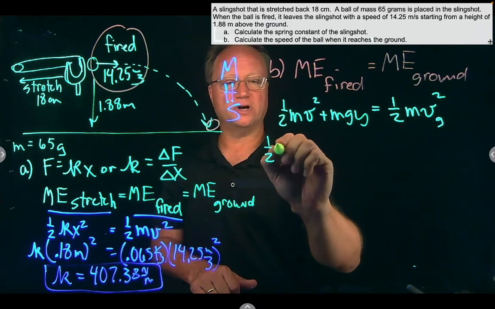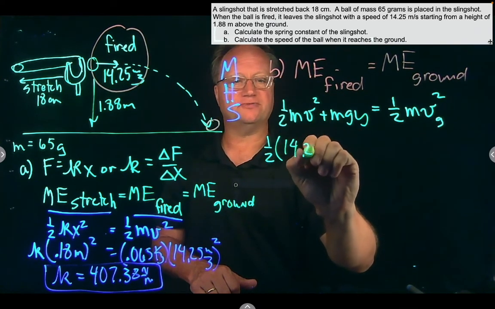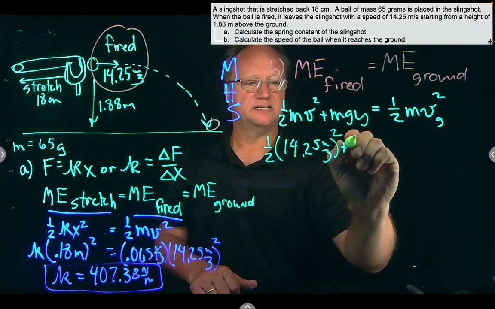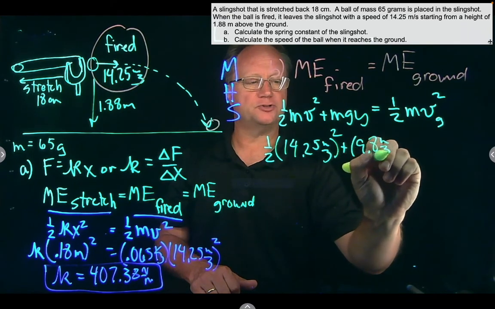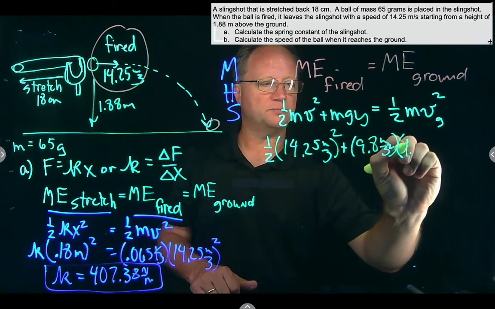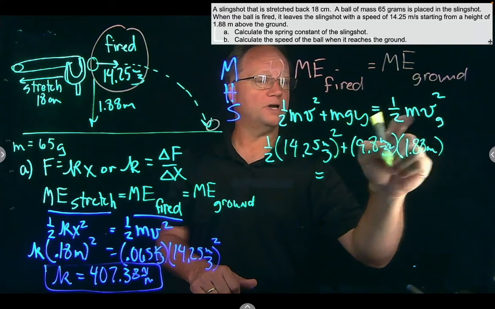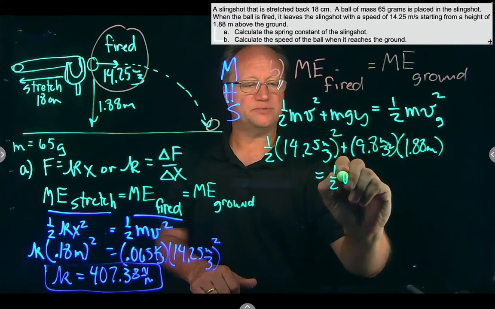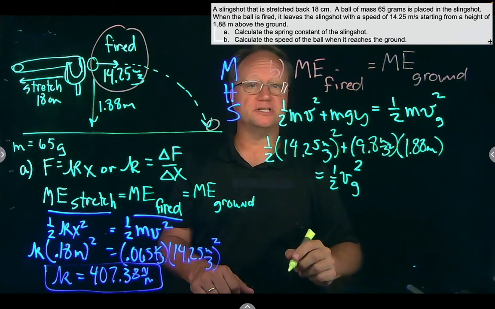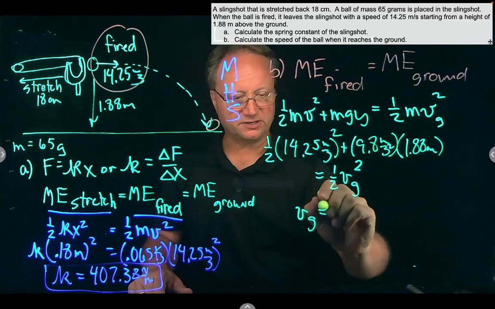So then 1/2 times the velocity when it's fired, 14.25 meters per second squared, plus gravity 9.8 meters per second squared, multiplied by y, that's the 1.88 meters, equals 1/2 times the velocity at the ground squared. Doing your algebra and solving down for that velocity, we get the velocity at the ground is